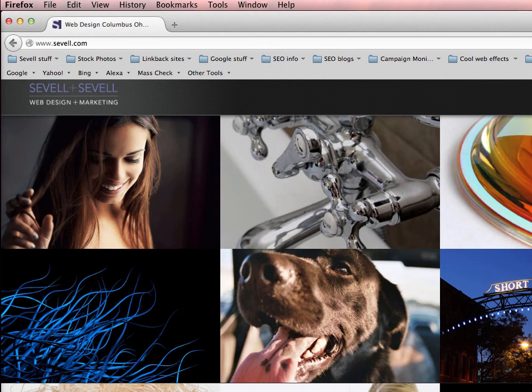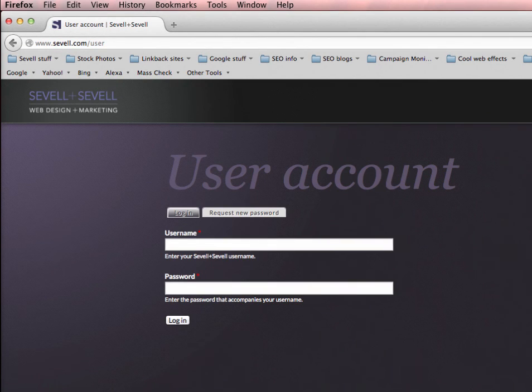To start, you're going to go to your domain name, not ours. Afterwards, add a slash and the word user and hit return. A screen will come up with these exact fields, though the design of the screen you'll be seeing will look a little more like your website than ours. Put in the username and password that we sent you earlier. Click Login,